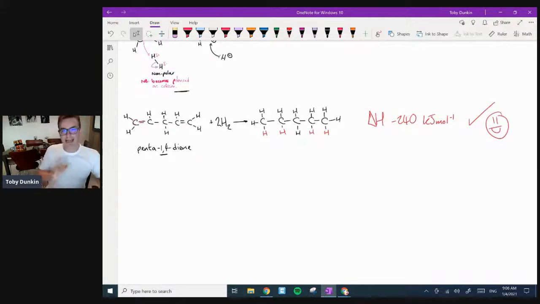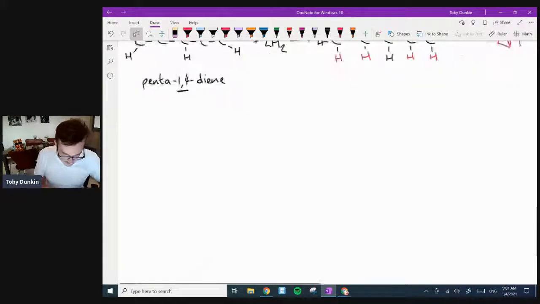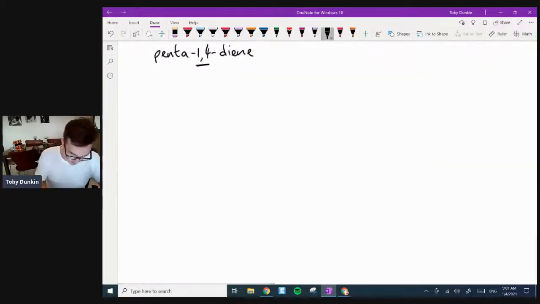So the heat energy output from the addition of the second hydrogen molecule simply doubled the enthalpy change. This makes sense. If the first addition reaction was going to put out that much energy, then it would make sense for the second one to also do the same. So at this point, we now need to look at our third example. I'll switch back to black. So let's now do this one.